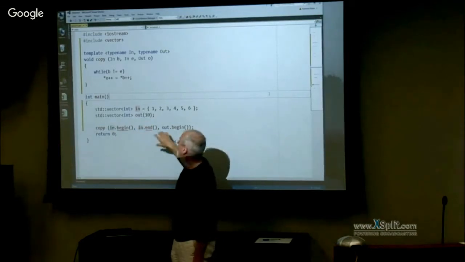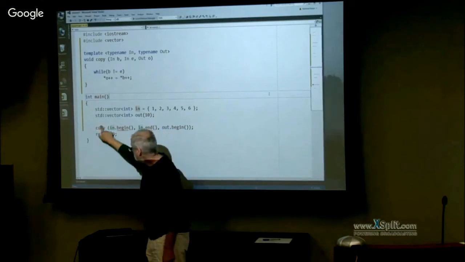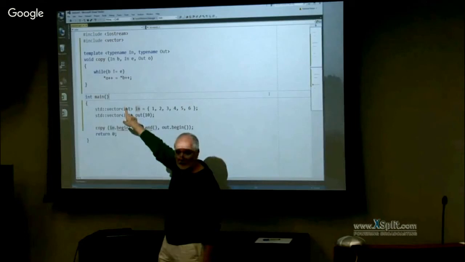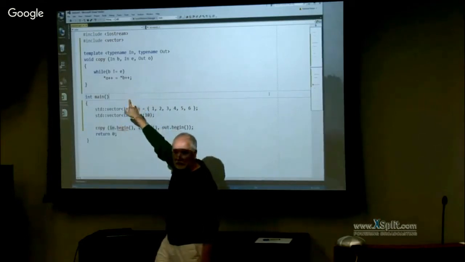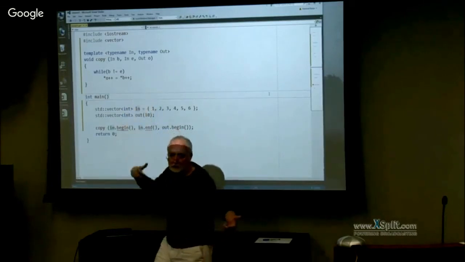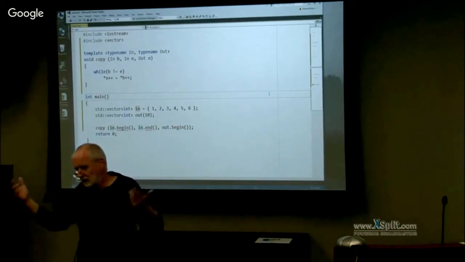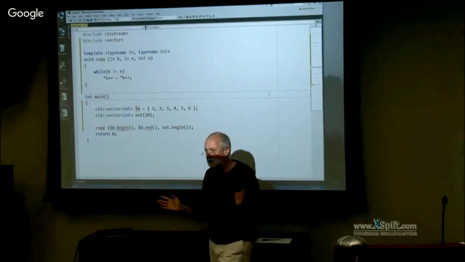Okay? And now, what the compiler does, it looks at that copy, sees that I have a copy function template defined, but it doesn't know anything about what type in and out are. Is it a pointer to an int? Is it an iterator to something? Is it, I don't know what, some class which represents cars or whatever?